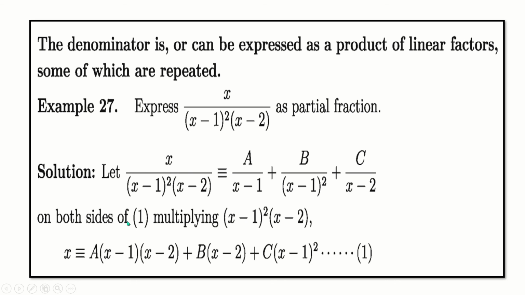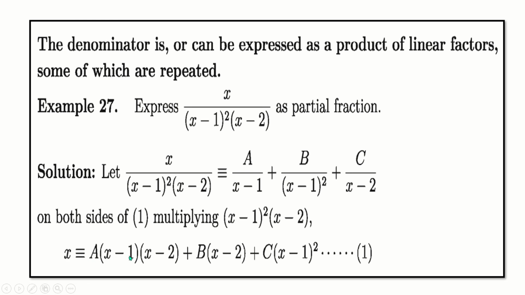on both sides. Equating the coefficient means left side here is given only x, constant term means 0 and x square, a term x square whose coefficient is 0 on the left side. Clear? Coefficient of x is equal to 1 and we have to find the coefficient of x on the right side. Equating the coefficient means coefficients of the same variable on left side and right side will be equal. Okay, if we equate the coefficient of x on both sides, that means left side will be 1, right side will be here